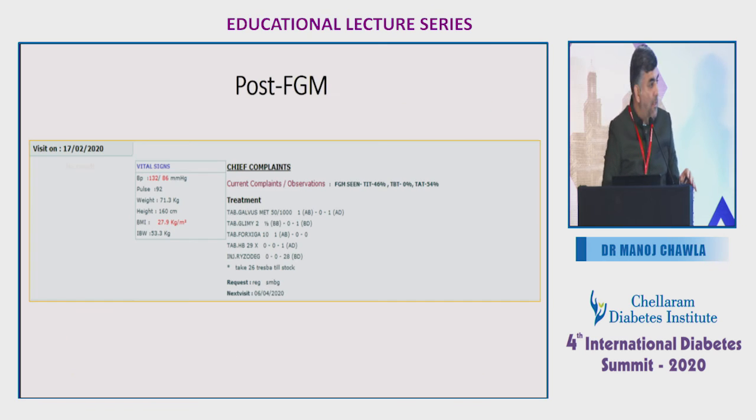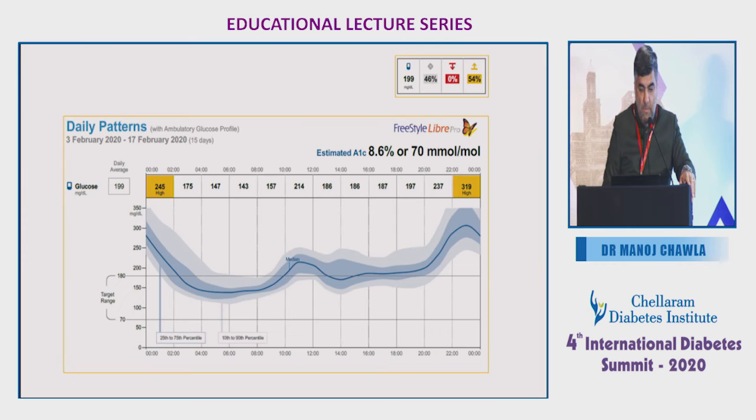Come to the mic, madam. Sir, before we go ahead, can you just still explain the difference between stability and variability? Because we feel that variability is the variation, and therefore when the variability is more, stability is less. That is what we feel. So the concept is not clear.